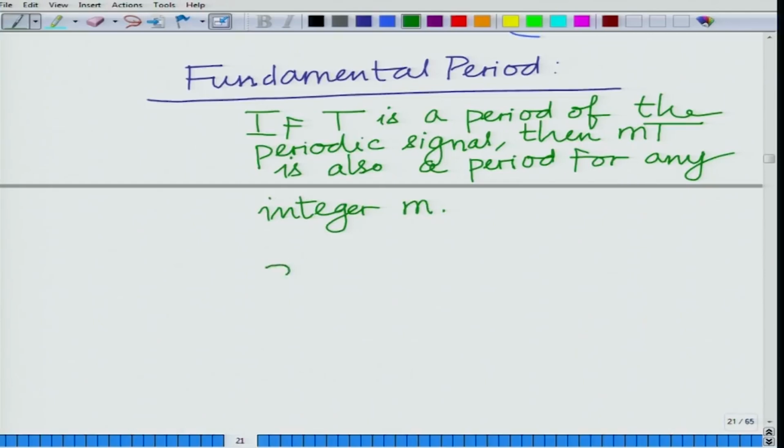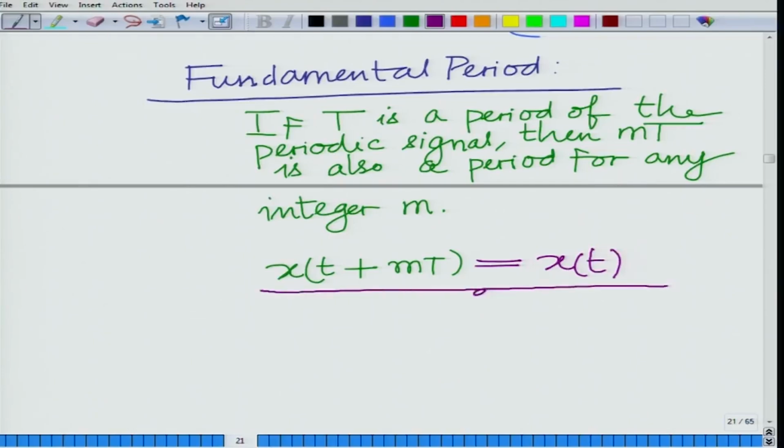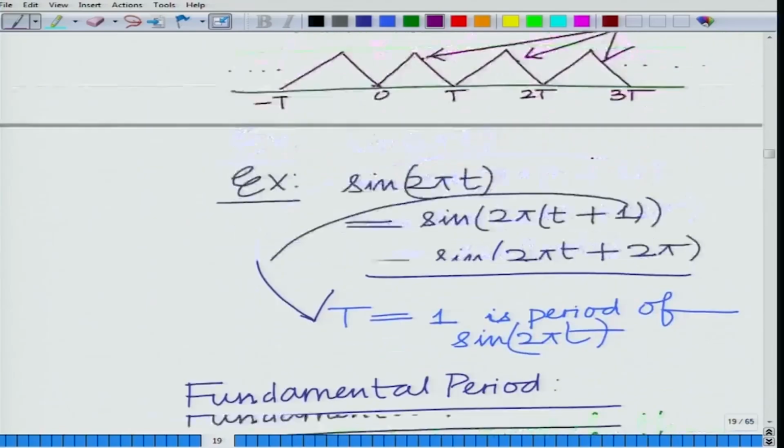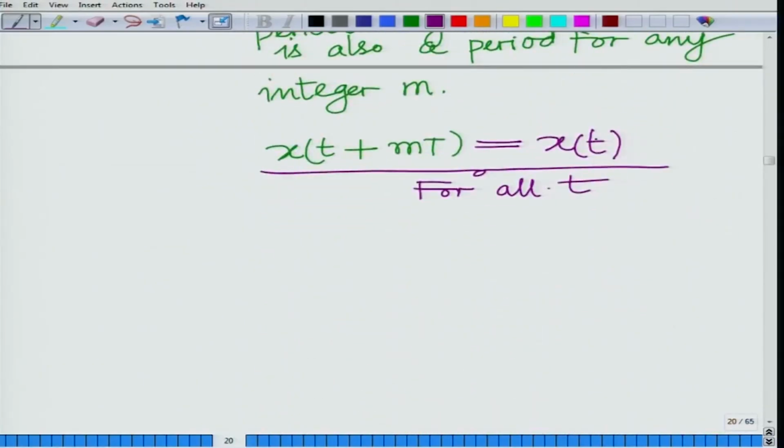for instance, we have x of t plus mT equals x of t, and this also holds for all t, because if it is periodic with T, then it is periodic with 2T as well. For instance, here you can see if you look at the points 2T apart, they have to be identical. Okay. So now, therefore, the fundamental period is the smallest